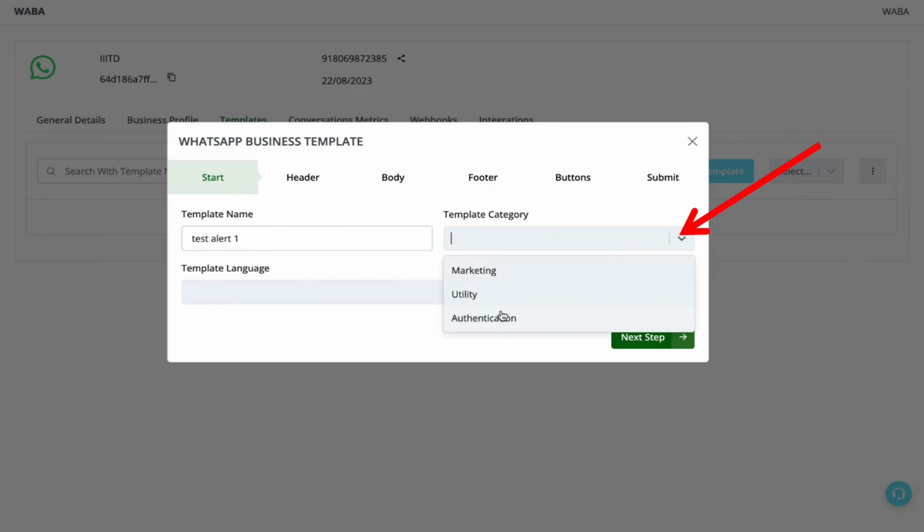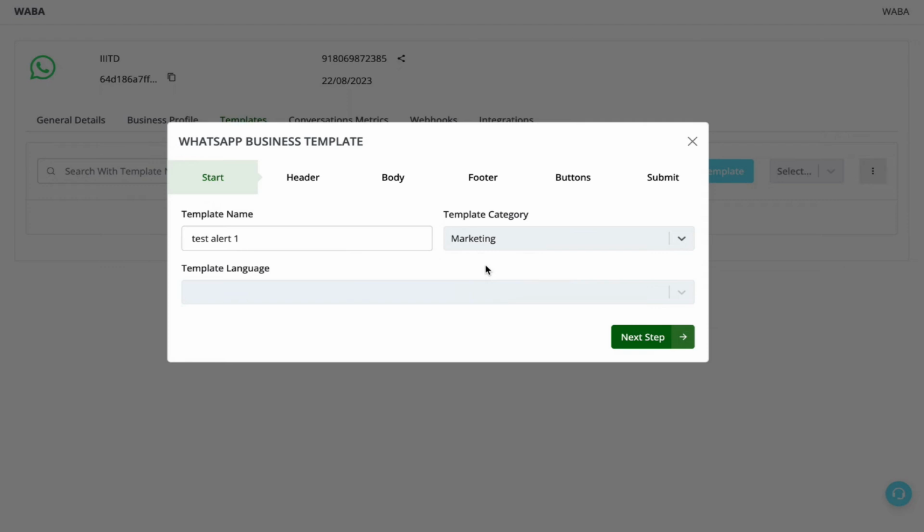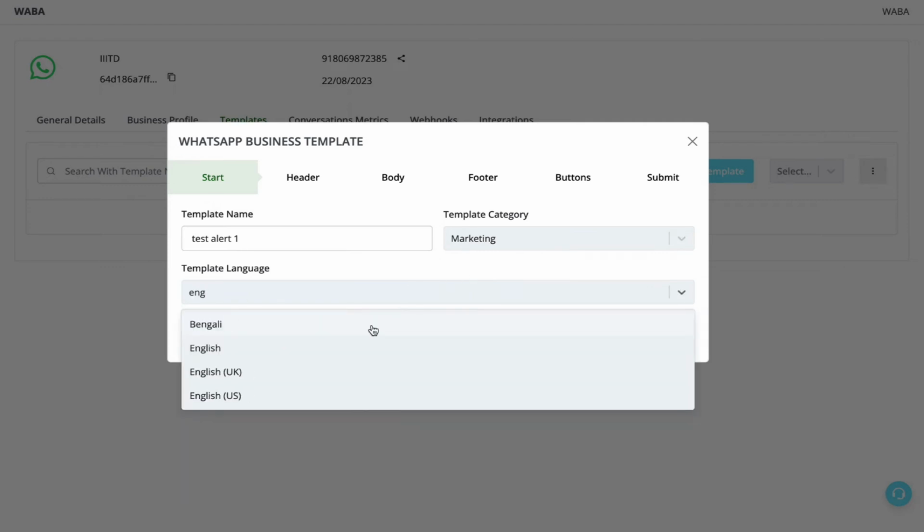You have multiple category options for your template, so I'll explain all the 3 categories. The marketing category is used for sending product updates, offers, and discounts. The utility category is only used for transactional updates, and the authentication category is used for sending OTPs. I'll select the marketing category, select the language of your template,